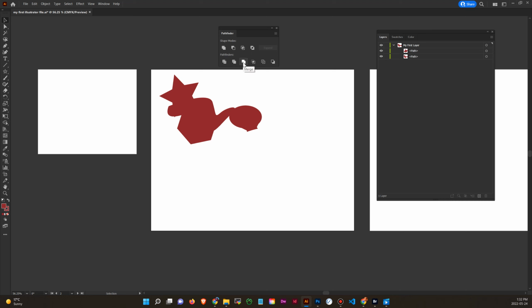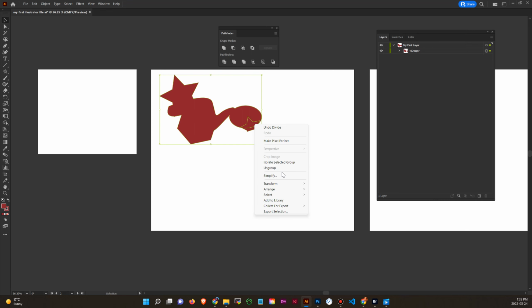Okay, so you can kind of go through and see merging, trimming, cropping, outline, minus back. These have their place, but you can pretty much get everything done with these first three. As you practice with them and see how they work, you'll start to realize why these ones are located here, because you do really just end up using those as your primary go-tos. And divide can